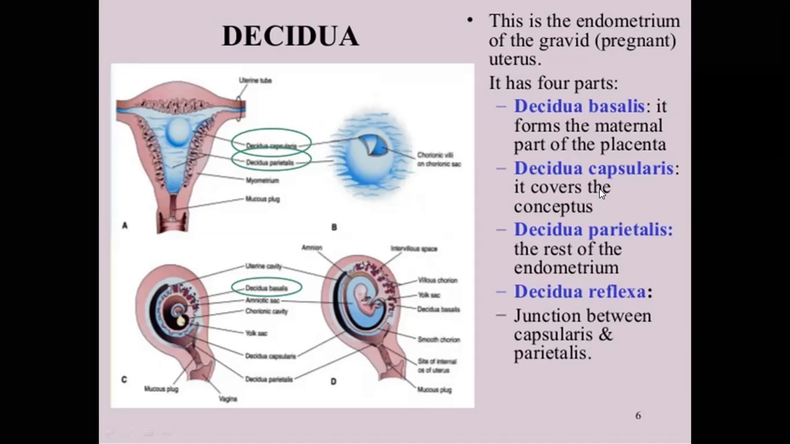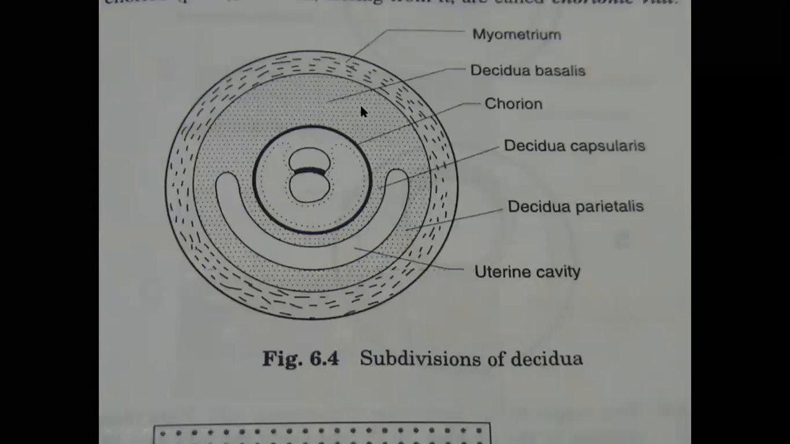So one part of the decidua is related to the uterine endometrium, that is the base, decidua basalis. One covers the conceptus, your fetus, that is decidua capsularis, which forms the capsule, very easy. Then the remaining is known as decidua parietalis. So that is about the decidua. You see the diagram where this is the uterine cavity, this is decidua parietalis, this is decidua capsularis, this is decidua basalis with the uterine